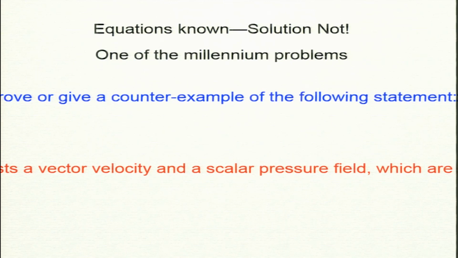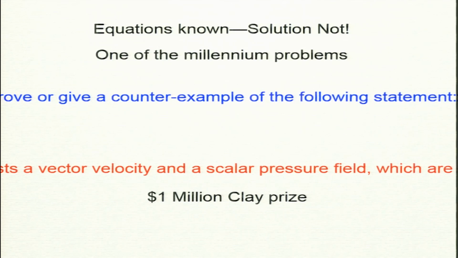This is getting cut. So, basically given the velocity field and scalar field, this got cut. This equation is not coming out right. So, the question is whether there exists a solution for Navier-Stokes or not. We do not even know whether there exists a mathematical solution. Finding it is a different matter, but prove the existence of a solution.